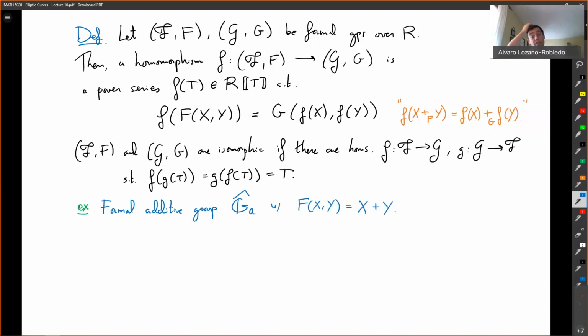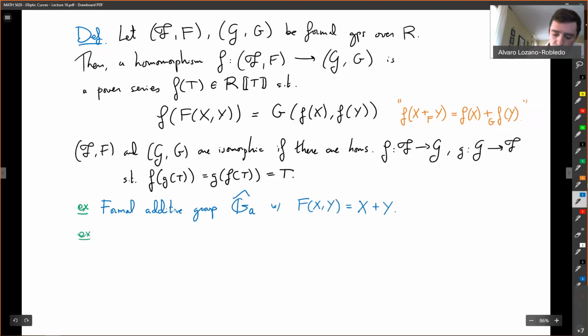Okay, so it's not a power series at all. It's just a polynomial. And it turns out that that polynomial has all the properties that you need. It's definitely commutative. That's just addition, so it's associative. The inverse is just minus x. x plus minus x gives you 0, and x plus 0 equals x. So it all works. Okay. Another example